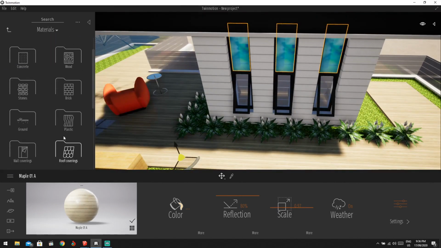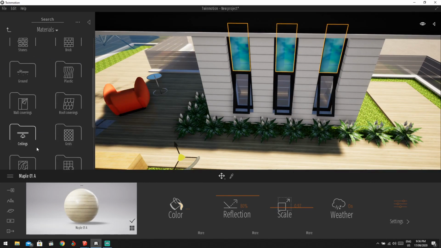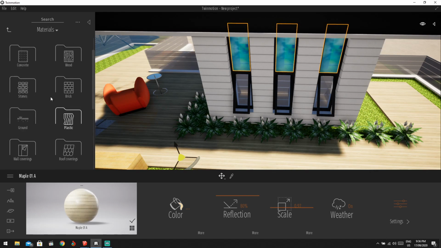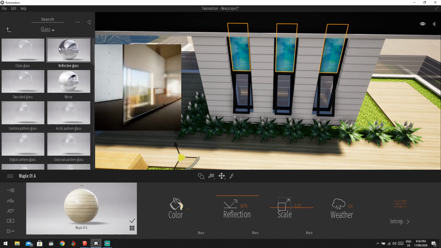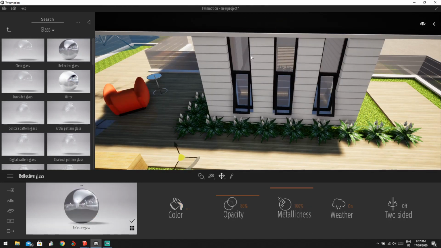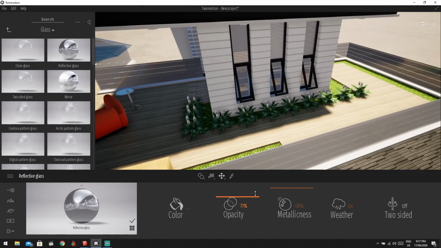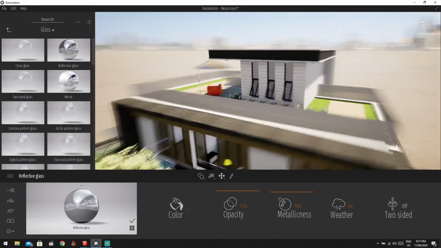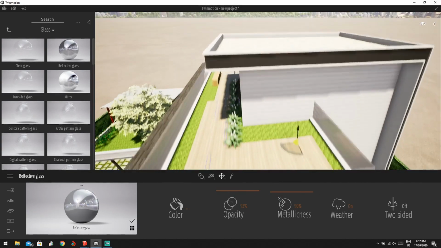It can be blue, something very blue, or something like black, however you like. Once you click on the glass part, you can see there are types you can use, this one like a mirror. Okay, this one looks nice, and I will change the opacity something like that, and yeah, it looks much nicer. Now we will go for the part of grass, as you can see,